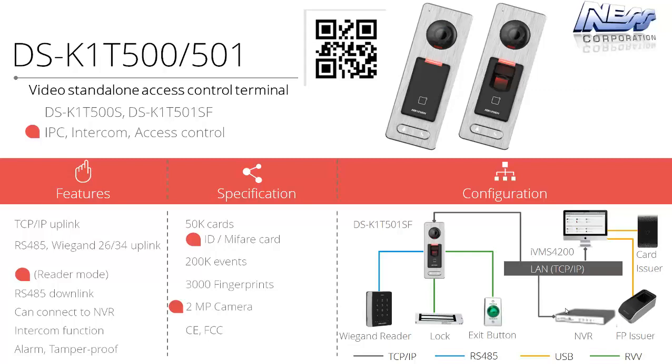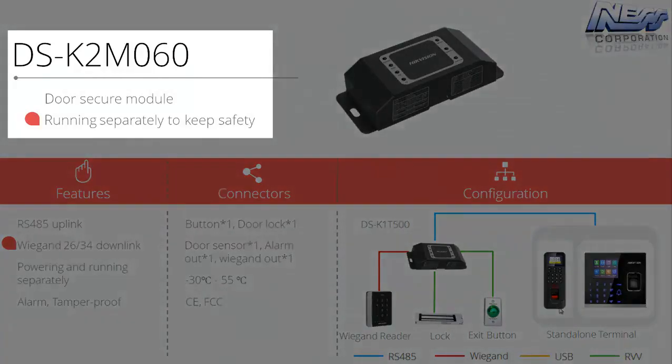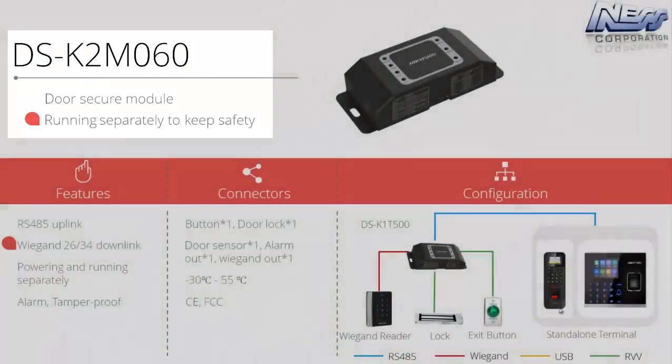With all terminals and intercom door stations, for that matter, that have a relay output to unlock the door strike, there's also concerns that if someone was to take that terminal off the wall, they can short the relay contact out, push the exit button, etc. to unlock the door. So what's available in the range is what we call a door secure module, and this